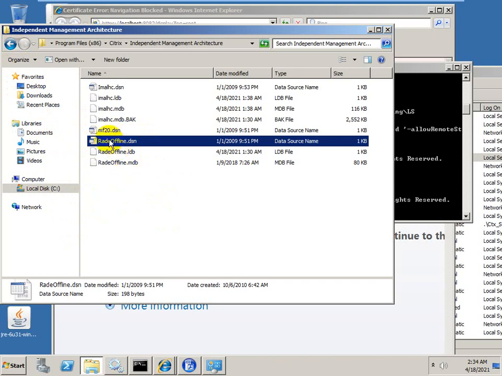Rade online means the user can use the applications online from his desktop, from everywhere, from mobile, laptop, computer, anything. But rade offline, is that possible? It means if the user is not connected with Citrix, he can use the application offline. Is it possible?